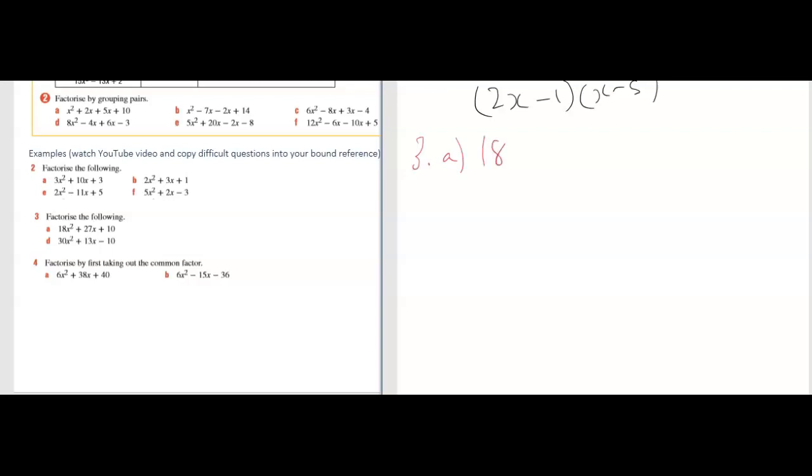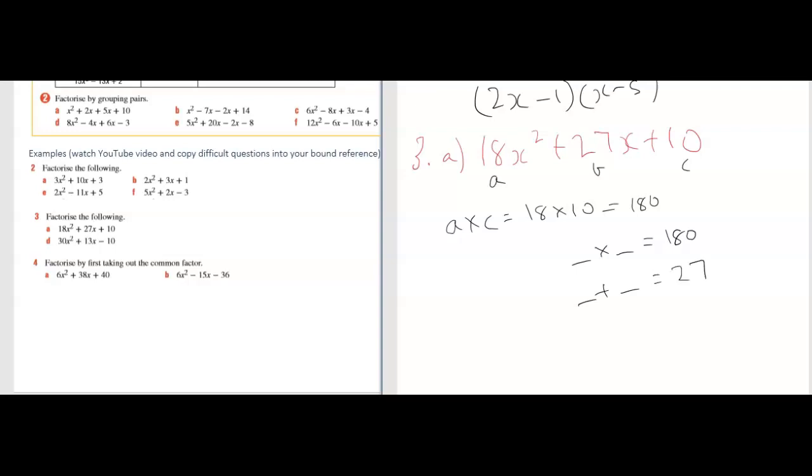We've got 18x squared plus 27x plus 10. So probably a little bit harder, I'm guessing, as we go along. So identify your A, your B, and your C. Let's multiply A times C: 18 times 10, which is 180. So we need two numbers that multiply to give you 180, and when added